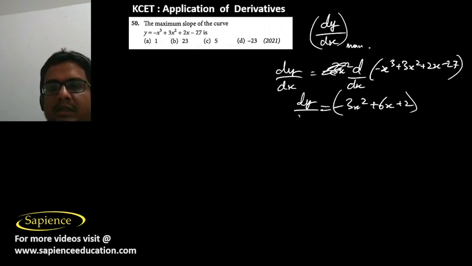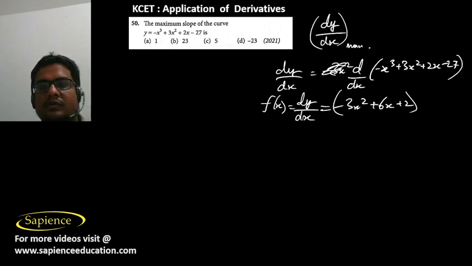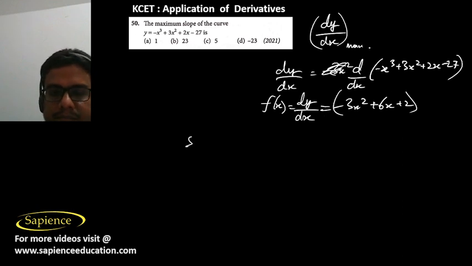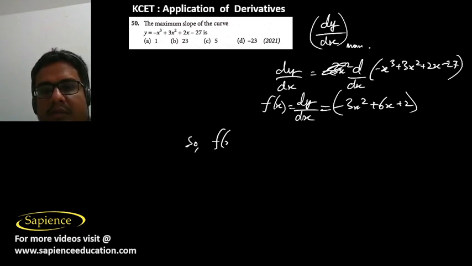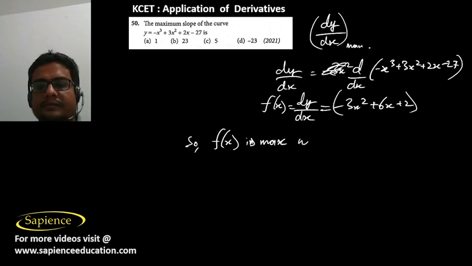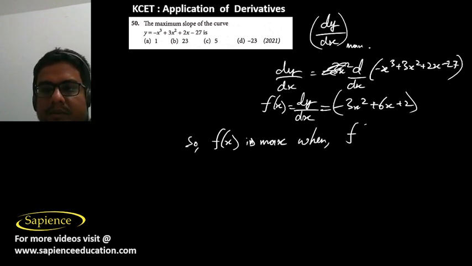This is dy by dx, let's say this is f of x. We have to find the maximum. Now f of x is maximum